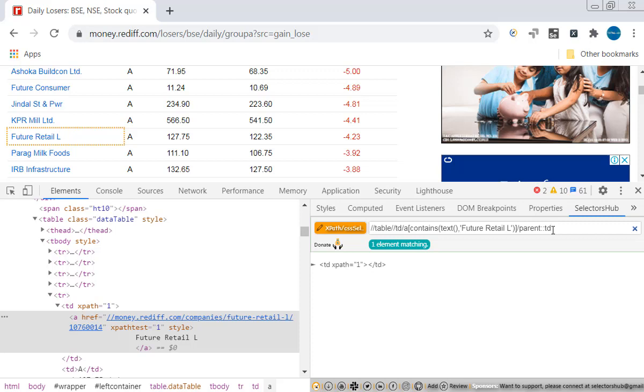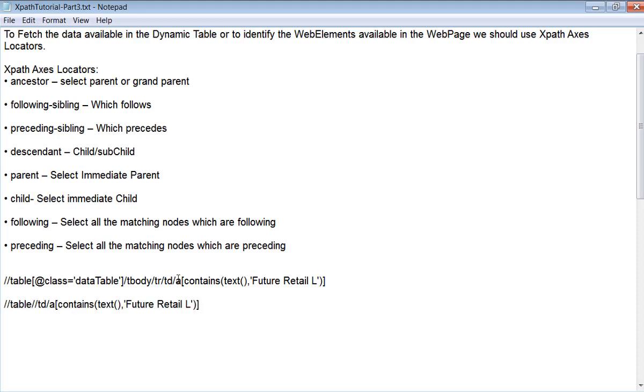Suppose you start your XPath at a child level. See here, I'm starting this XPath at the child level. I can even do that as well, and I can select the parent. So if you want to select the parent, you are at the child level and you want to select the parent, you have to give the axes locator as parent. So let me copy this and keep it here.